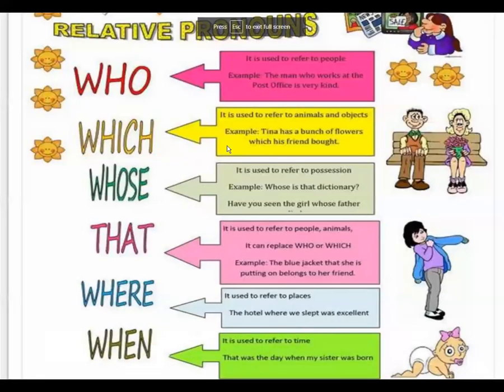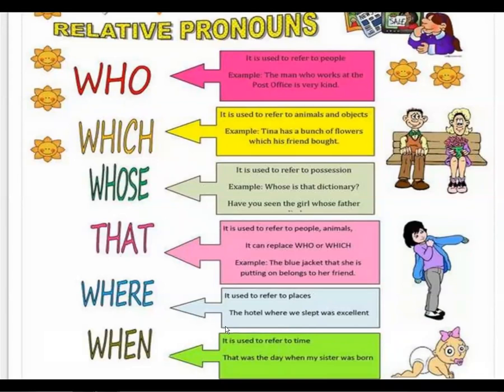So the next type is relative pronoun. Do you have any idea? These are the same WH words, like we were previously discussing about interrogative pronouns, but the usage is different here. In relative pronouns, we are not going to use these WH words in the beginning of the sentence. We will be using them somewhere else. Can anybody guess how we use these WH words in relative pronouns? Or do you know that? Please write that in the chat box. Let me know about it.